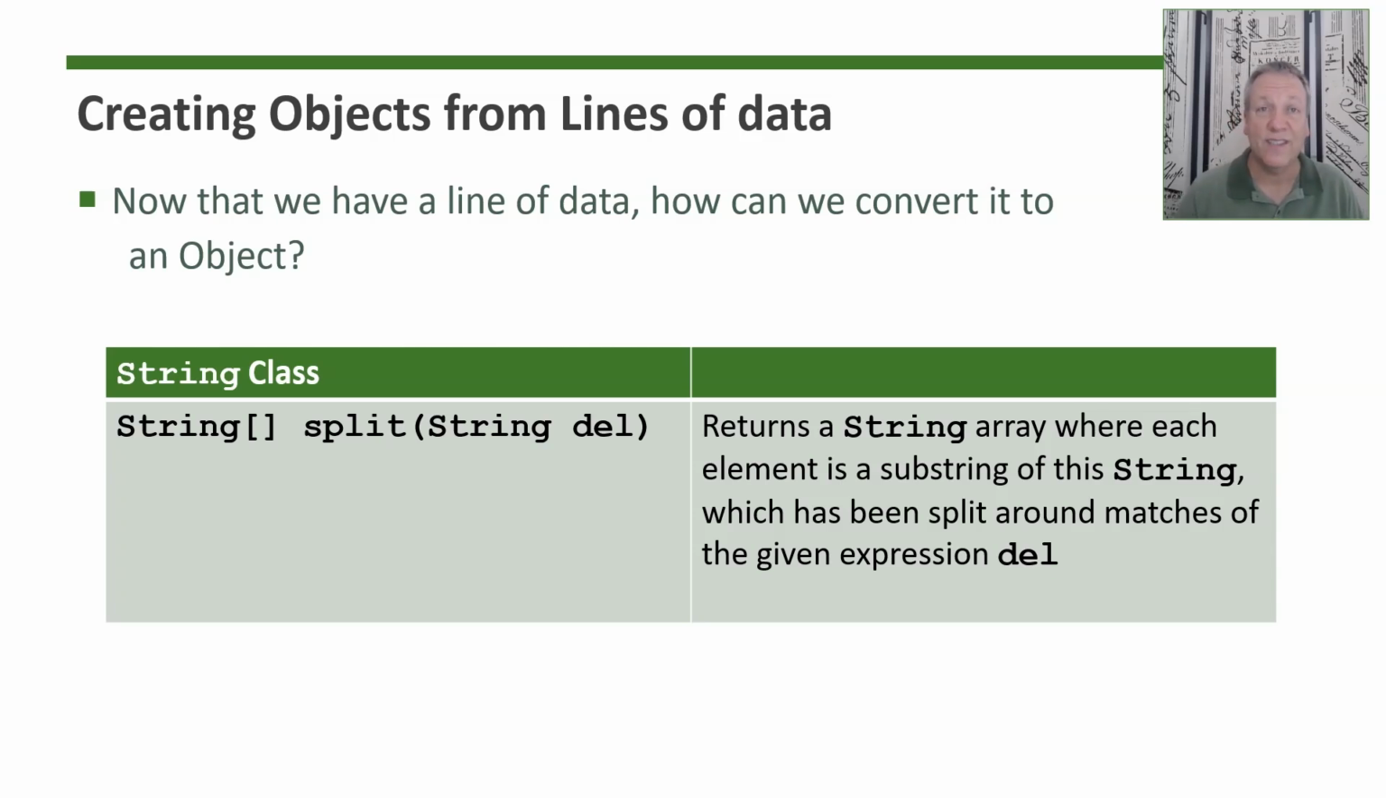And what this does is it takes a string and the split method will return an array of strings where each element of that array is a substring of the string object itself. And it's going to split it up looking for whatever that del parameter is. Well, in this case, we know that our data file is a comma separated value file. So we know that all of the elements are separated by